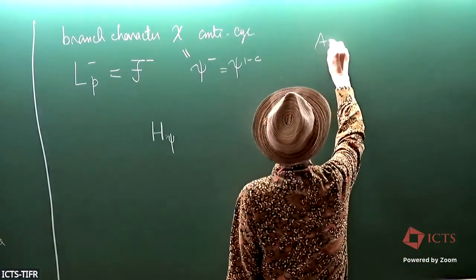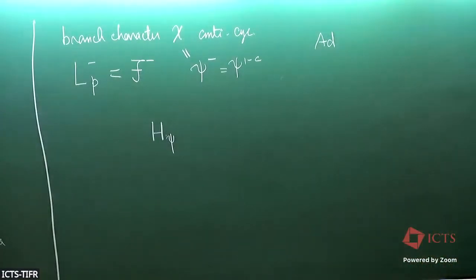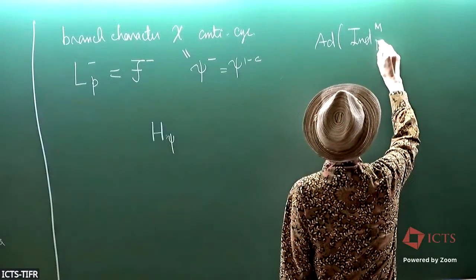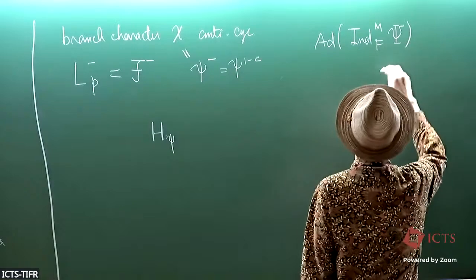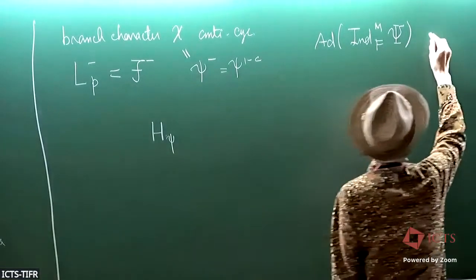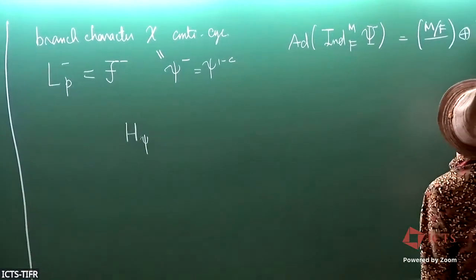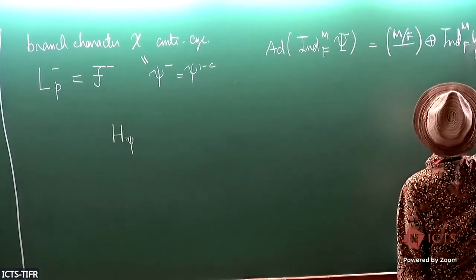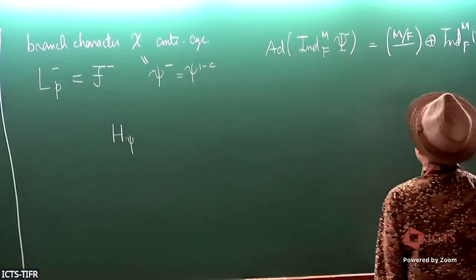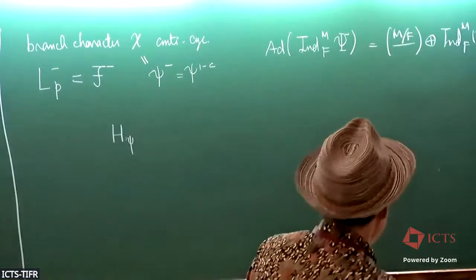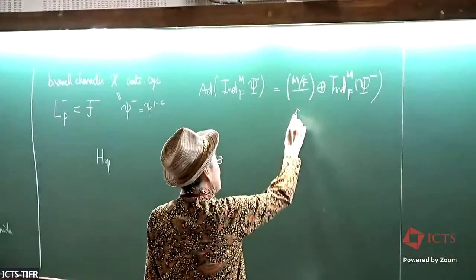So for the adjoint, you let the two-dimensional representation act on the Lie algebra of SL2 by conjugation. That is called the adjoint. And the adjoint of the induced representation from M to F of the universal character Jack introduced. That Selmer group, so this guy actually just splits this way: direct sum of the induced of the anticyclotomic projection of psi minus. So the Selmer group accordingly splits. Okay? And the characteristic power series of this is just this